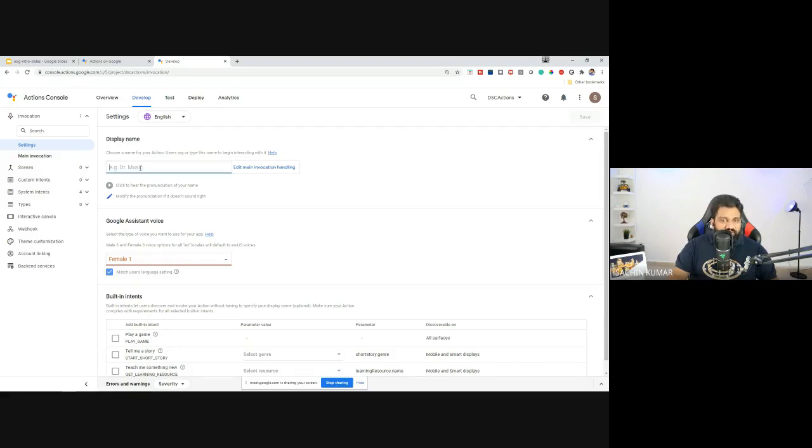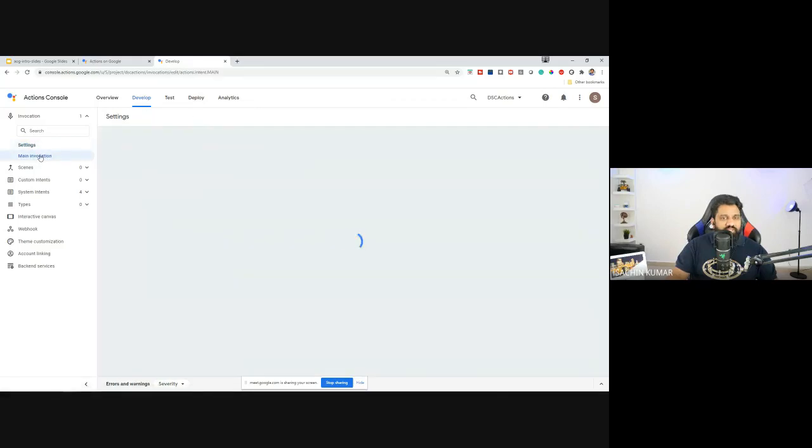And once you have this, if you don't have this, all you can do is you say talk to test tab. So whenever you say talk to test tab, as long as you're on the same account, it will understand, and then it will trigger your main invocation. So this is called a main invocation. So you click on main invocation,